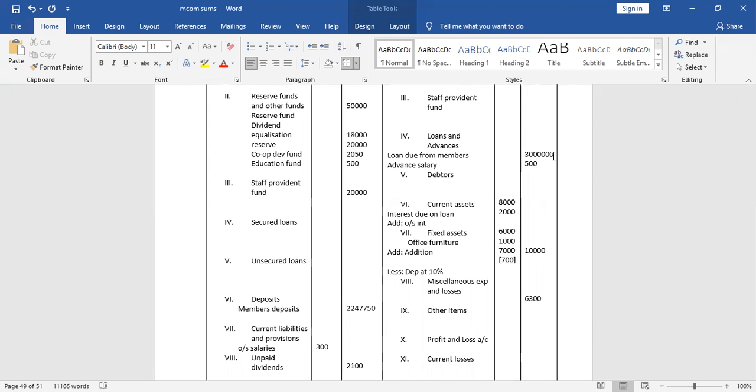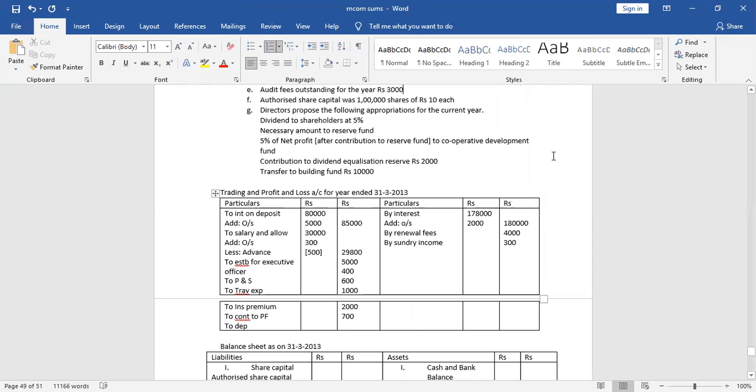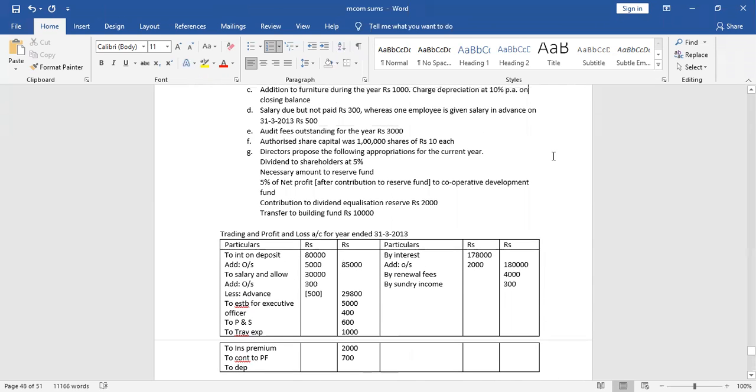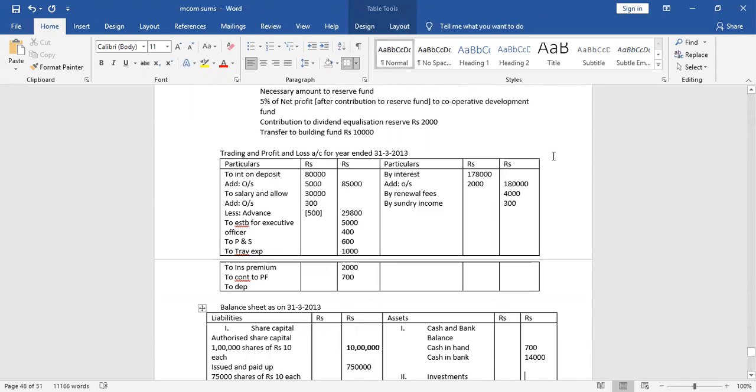So what is left now? Which adjustment is left? Audit fees. So audit fees 3,000 is completely outstanding. So we will write here